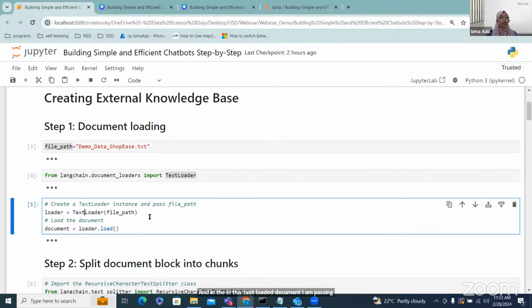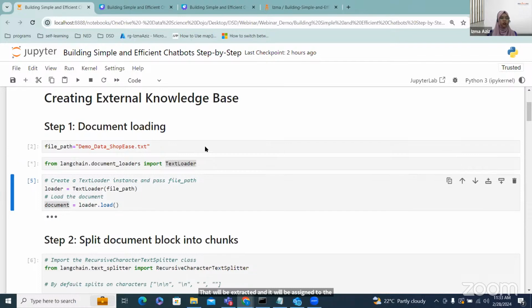And when you do that, what happens is that you have created an instance of text loader, and you have to basically use this load method of the text loader, right? So when you use this dot load method, all of the textual information that I was just showing you and that was present in my text file will be extracted and assigned to the variable document here. So let me quickly run these cells,